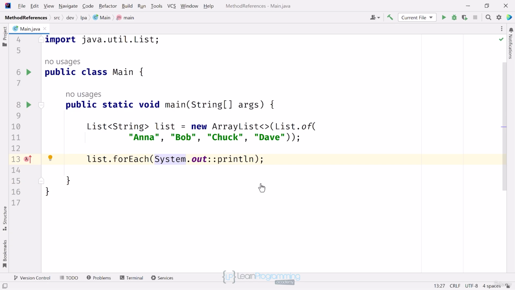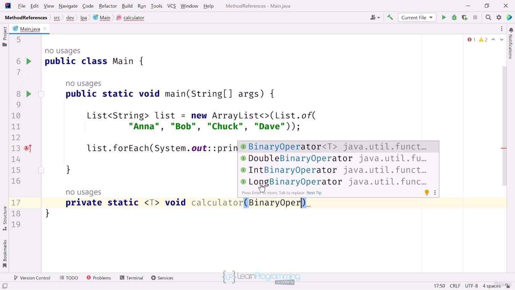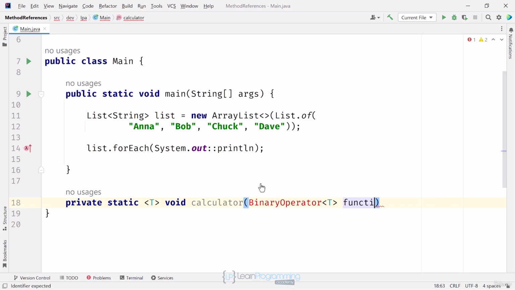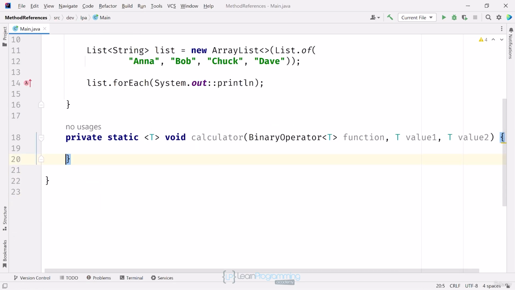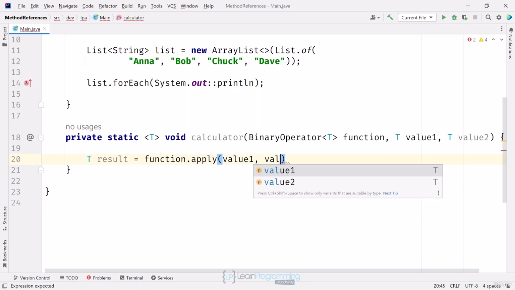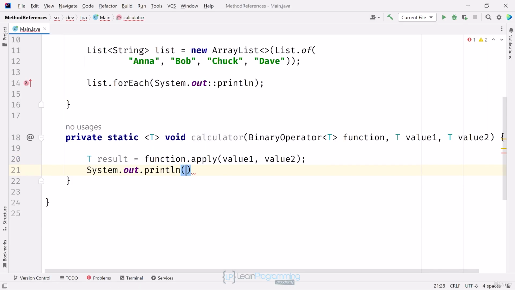I'm going to add a method similar to the one I included in the Lambda expressions videos called calculator. I'll make it private and static and generic with a type T. It won't have a return type, so void, and I'm going to call it calculator with the first parameter being a BinaryOperator and two additional parameters, value1 and value2, both of type T. Inside this method, I'll call the BinaryOperator's functional method, apply on function, and this method will print the result